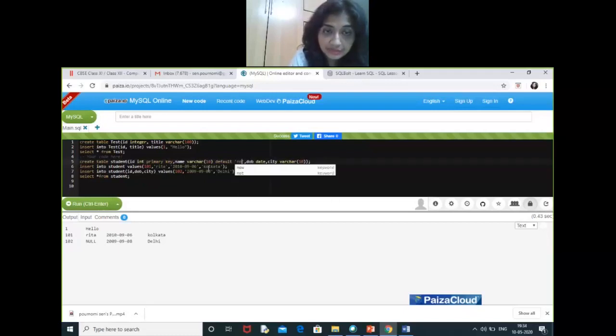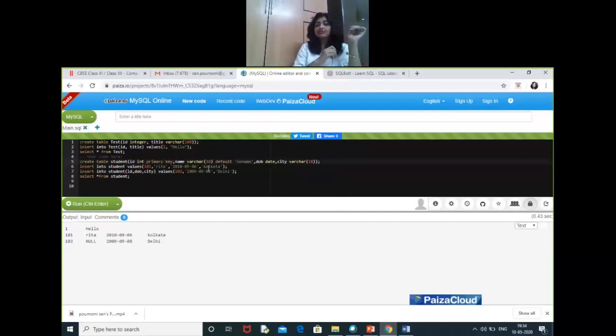So I am providing the default value no name. That means if we do not provide any value for name, it should print no name. It should not print null. So let's again run it and see. This time the first row is getting printed as usual. The second row is getting printed with the value no name.